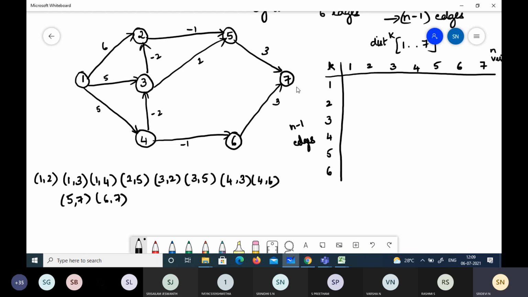So we have 1 to 1, it is 0. So 1 to 2, we have an edge with value 6. And 1 to 3, with one edge, we have a value which is 5. That's the one which is reachable, isn't it? And then 1 to 4, 5. So with a single edge, these nodes are not reachable. Okay. Now let's try with two edges.